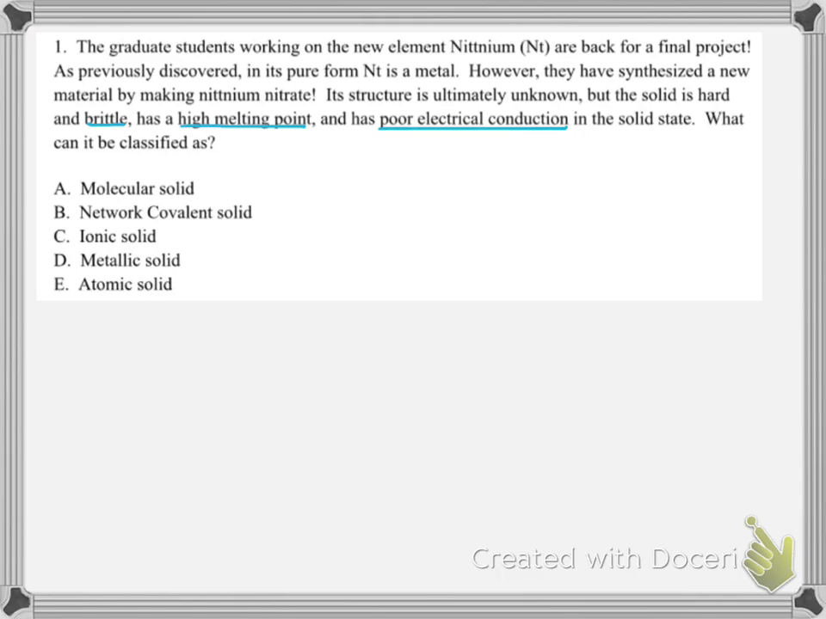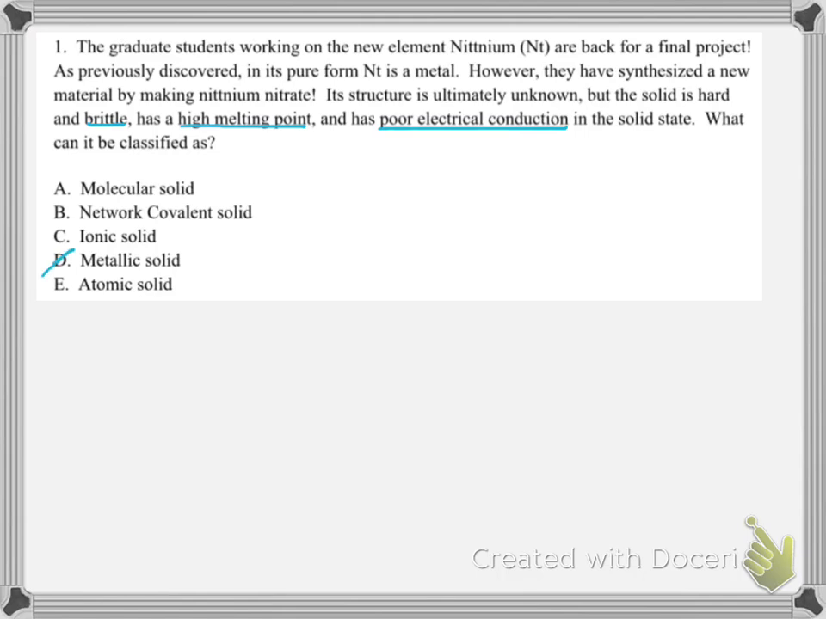So the first question is asking us about a new element, nitnium, and I've underlined some of the properties that they've measured for nitnium. They found that it's brittle, has a really high melting point, but isn't a good conductor of electricity. So, most metals are malleable or can be molded and bent, like gold and copper. And metals generally conduct electricity well, too. So we can get rid of